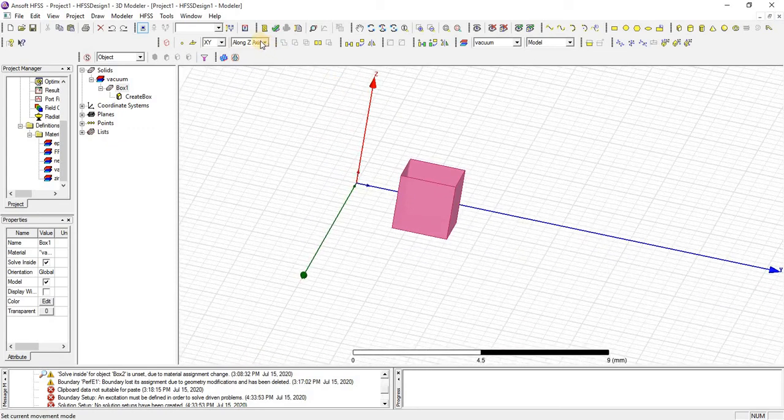Moving along z-axis is a little complicated because we have a very small window showing here.